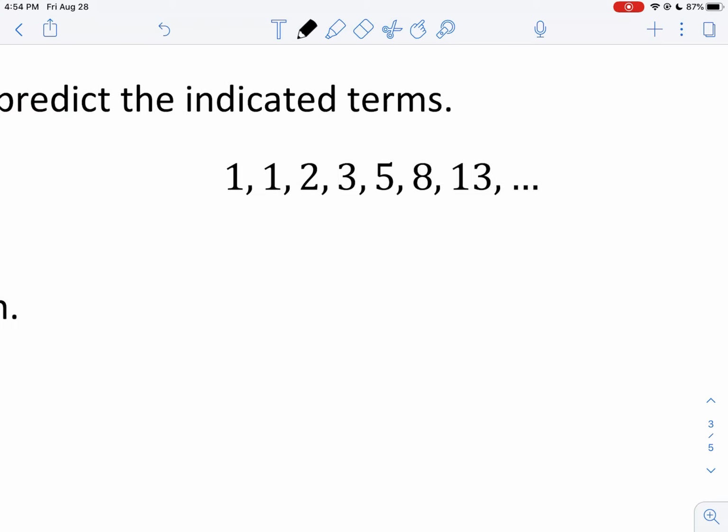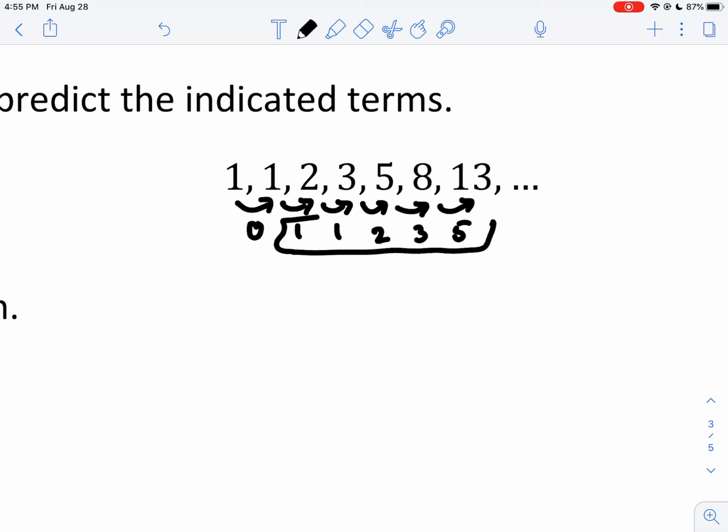All right, looking for patterns. If I'm thinking addition, here we added 0, then we added 1, and then we added 1 again, and then we added 2, and then we added 3, and then we added 5. Oh, this is interesting. I don't know if you've noticed what I noticed. But the numbers that we're adding, not counting the 0, is a repeat of these numbers,